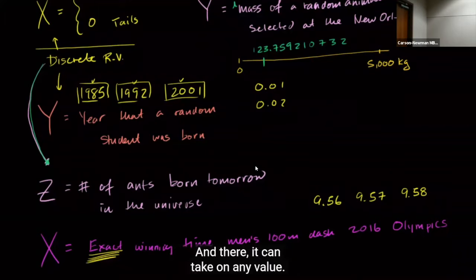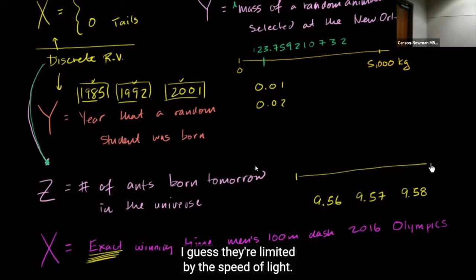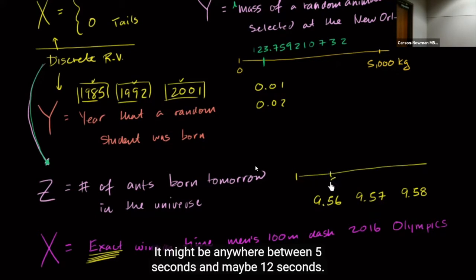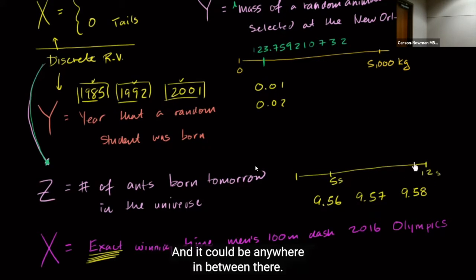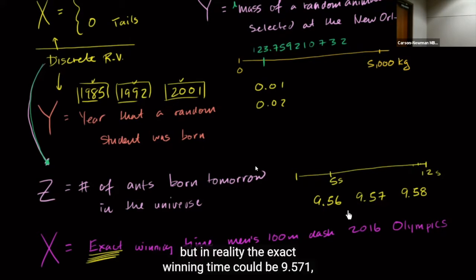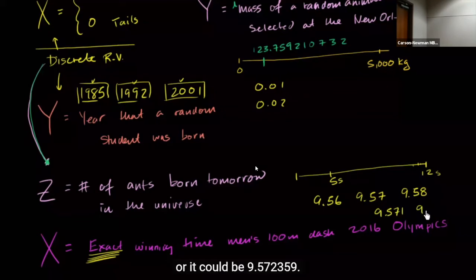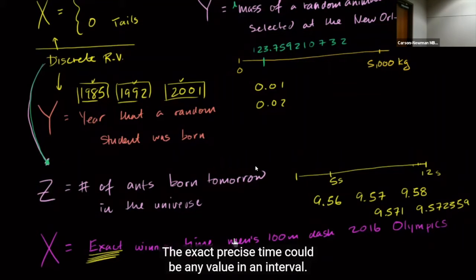to cross the finish line. And there, it can take on any value. I guess they're limited by the speed of light, but it can take on any value you can imagine. It might be anywhere between 5 seconds and maybe 12 seconds. It might not be 9.57. That might be what the clock says, but in reality, the exact winning time could be 9.571, or it could be 9.57235. I think you see what I'm saying. The exact precise time could be any value in an interval. So this right over here is a continuous